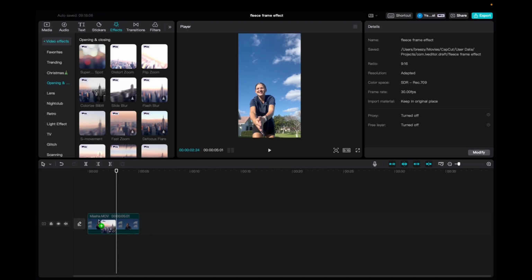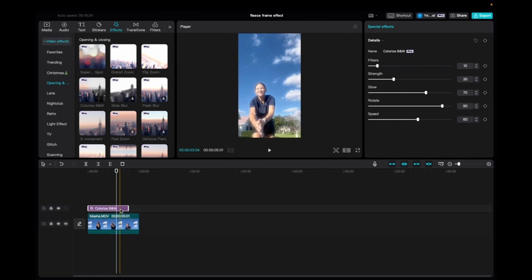You can either drop it into the clip or above the clip. I like above the clip because it gives you more options. So we're going to click and drag each end of the effect to the clip, and then we can go